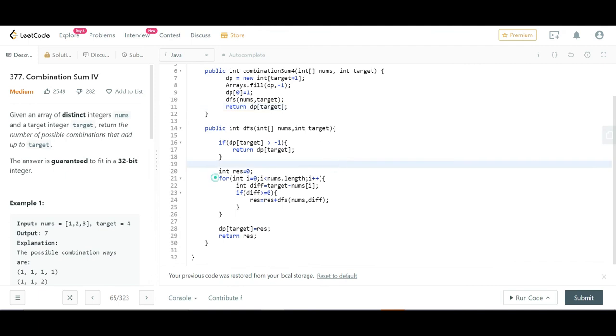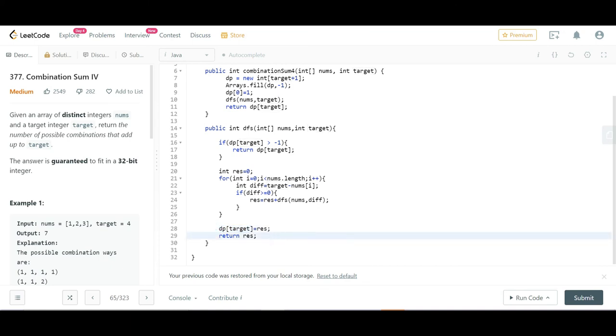So here if you check, we will start from 0 and iterate over all the numbers, and we will check the difference. If the new difference is greater than or equal to 0, then only we will go further. And we will keep one response variable, like a result variable, which will combine all the results from the other tree calls, right? So for each and every call, we'll collect the data and keep on appending here. That means for one value, we get the complete call, right? And that we will add as a target in the DP table.